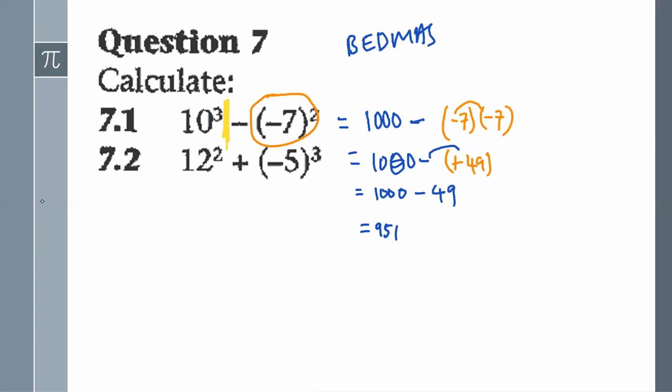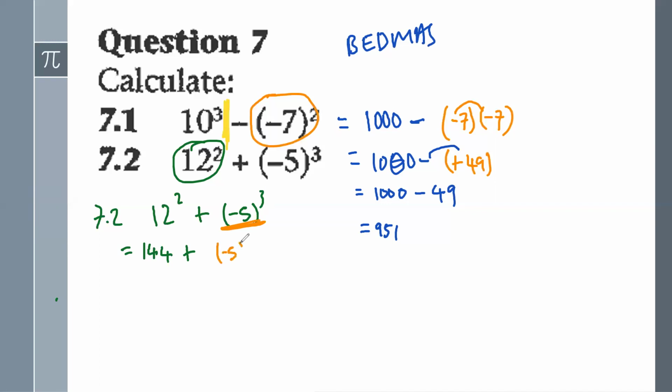7.2 should be pretty much obvious as well. I can't help but stress the importance of knowing your perfect squares here. You need to know, in other words, what happens to a number when you multiply it by itself, at least up to 15 maybe or 20. That helps a lot. So 12 squared is 144. Let's keep the plus and go for BEDMAS as well. This thing here means